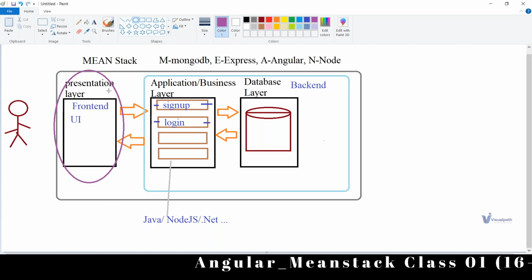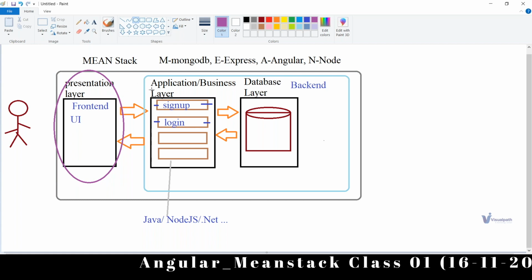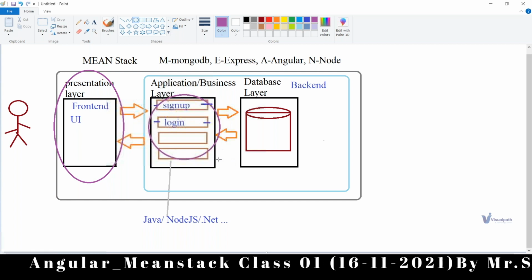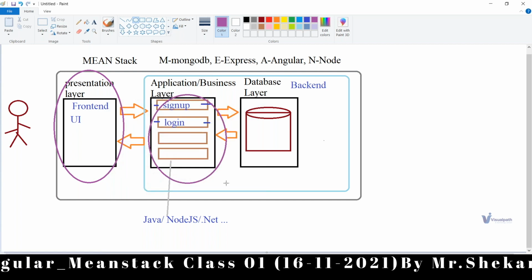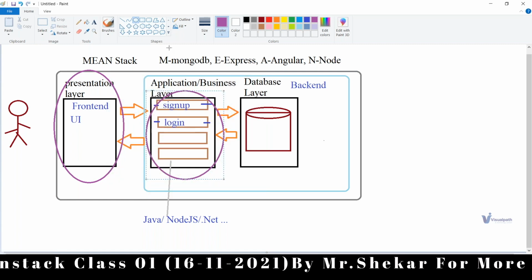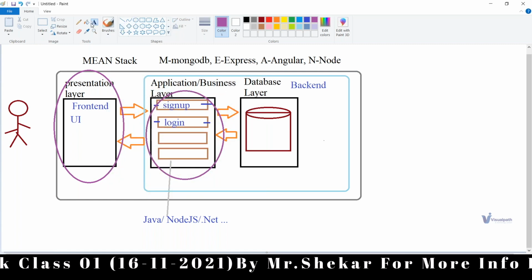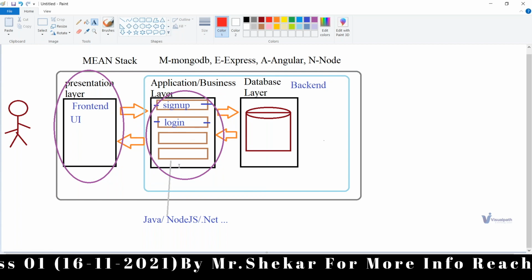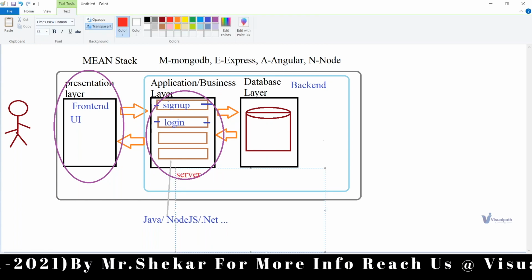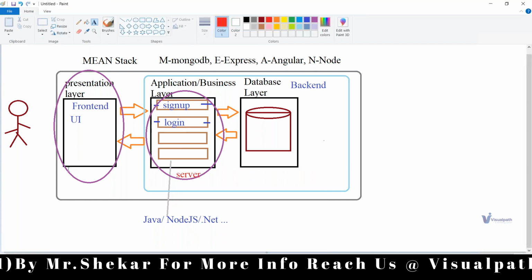So this is called my client machine here, and whatever has been developed here is, as I told you, server side software. In simple words we call it a server here. And this one is called the client.